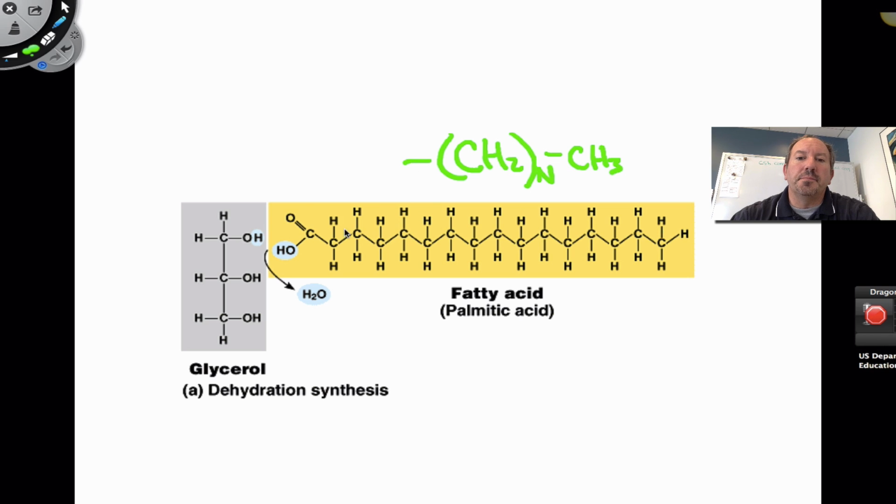And then over here, this is the fatty part, and the acid part is right here. That functional group, you might recognize it. It's a C double bond oxygen at the end of the molecule connected to a hydroxyl. So collectively, this is known as a carboxylic acid, right there, because it has a tendency to donate